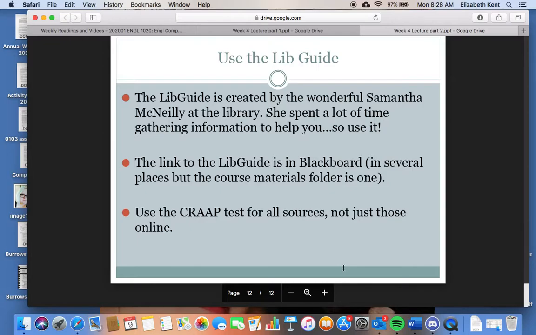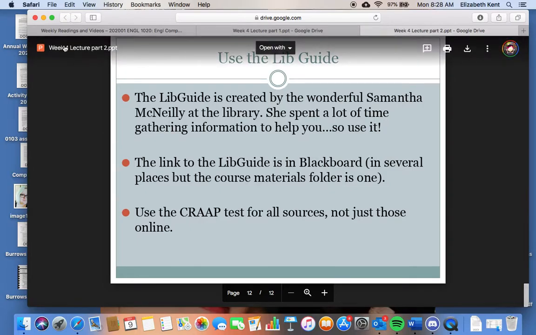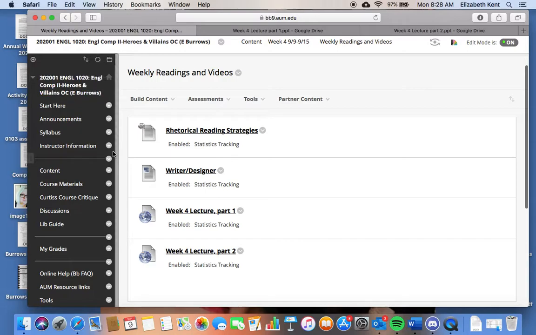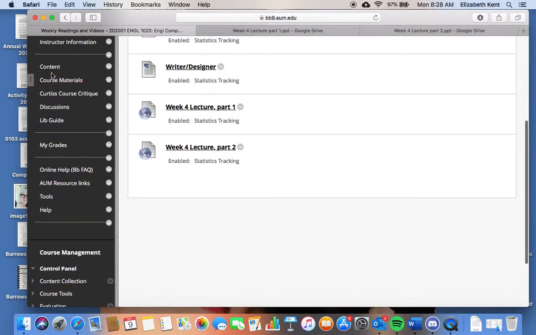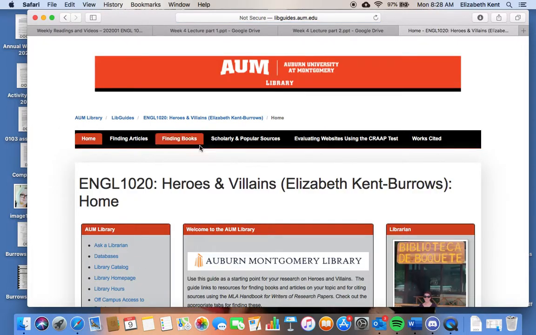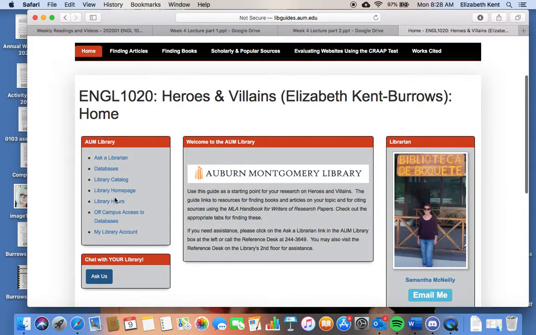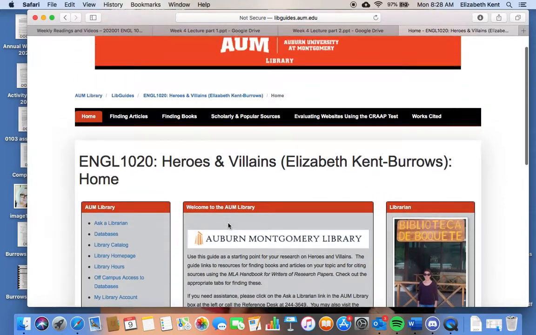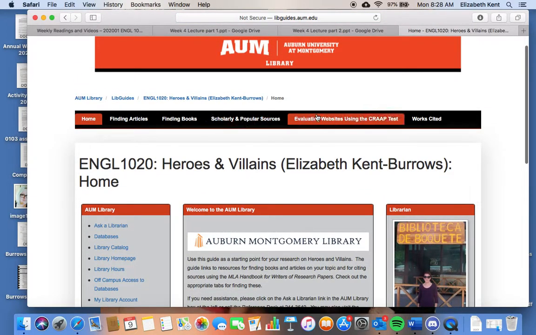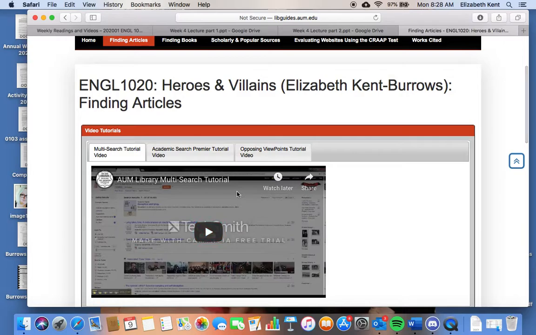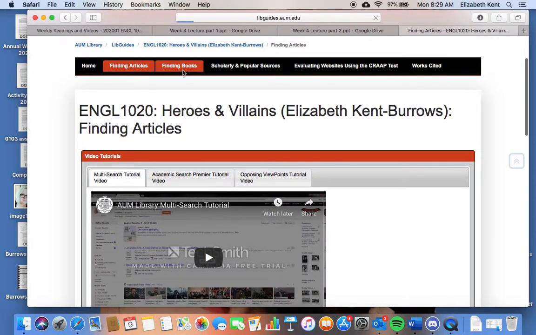The LibGuide goes over all of the different parts about how to find things in the library. If you are in Blackboard and you see you have content, course materials, LibGuide is here, and it will pull up the LibGuide for our class. You have things like you can ask the librarian, there are quick links here, but really what you want are all of these tabs in this menu bar. This will help you find articles. It gives you a video to watch on how to do that, how to find books,